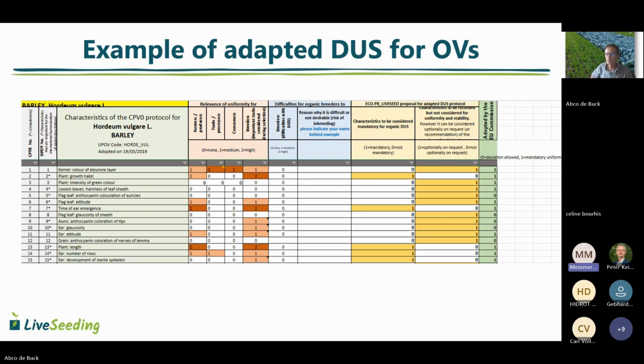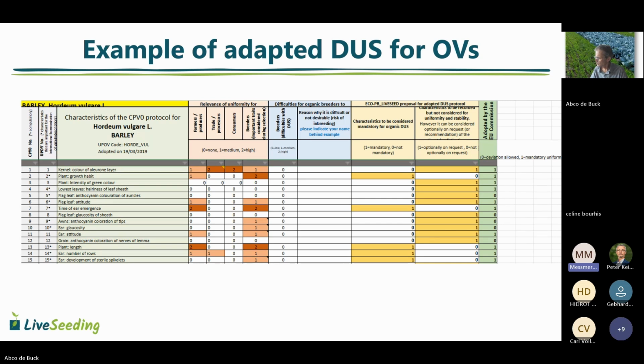I think the discussion is a bit different between the cereal breeders and the vegetable breeders, because for cereals it's clear that the DUS is just for distinctiveness and to get registration. What's really important is the VCU testing, the value for cultivation and use. The DUS itself has never been meant to be of relevance for the market. That's why, for example, for cereals probably 90% of the traits are not relevant for economic purposes, because the really relevant things you test in the VCU testing.